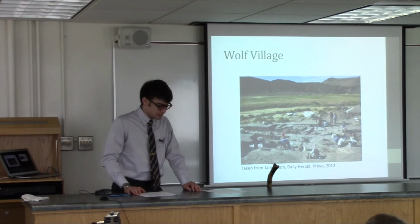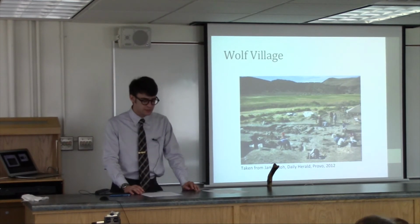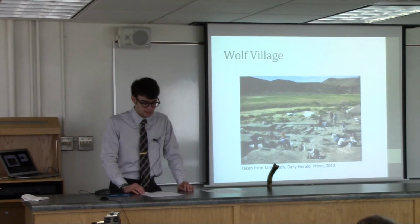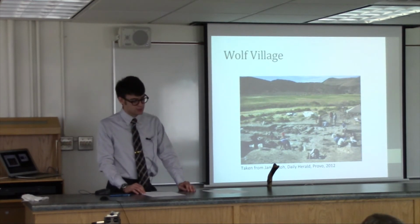The artifacts discussed in this paper were found at the Wolf Village site in Goshen, Utah. Located near the southern edge of Utah Lake, this site was excavated from 2007 to 2013 and includes from 9 to 13 structures. One of these structures is the largest Fremont pit structure yet found, measuring about 16 by 7.64 meters. This has been interpreted as a communal structure, and given its size, the structure marks Wolf Village as an